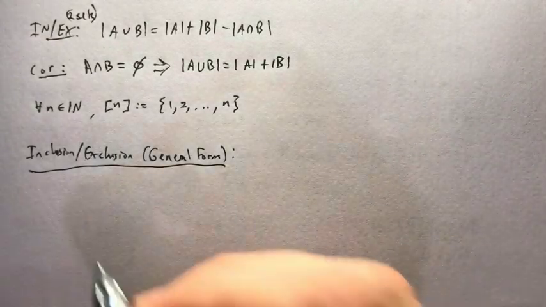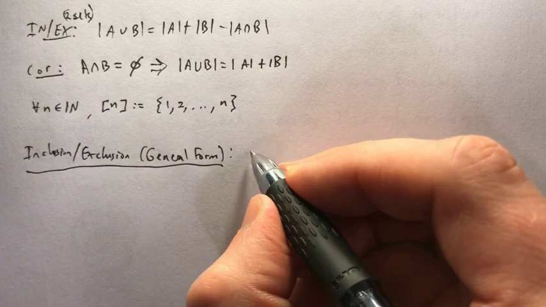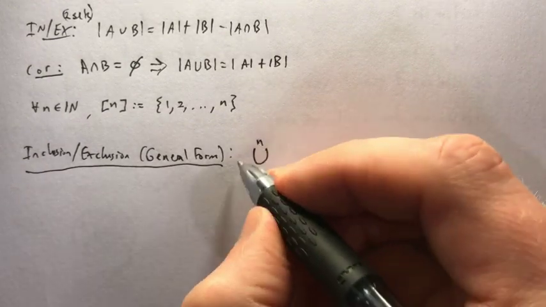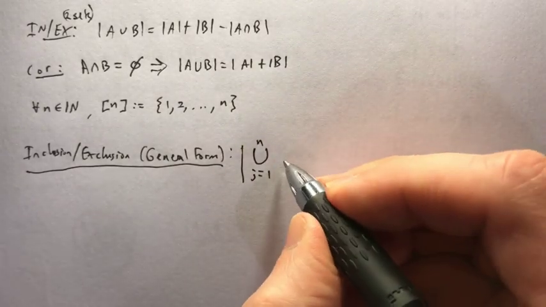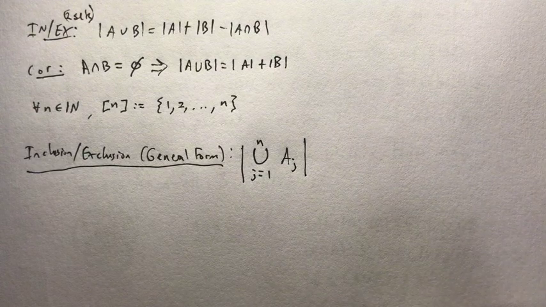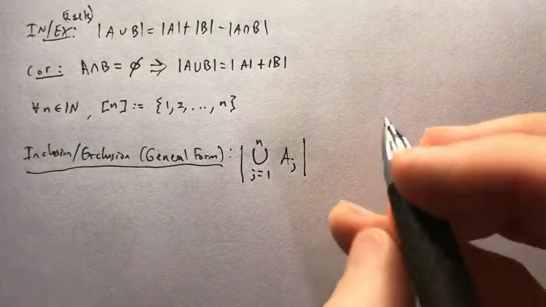The way that I want to write this is: the size of the indexed union as j goes from 1 to n of the A_j, so I've got some indexed family of sets, A_1 through A_n,